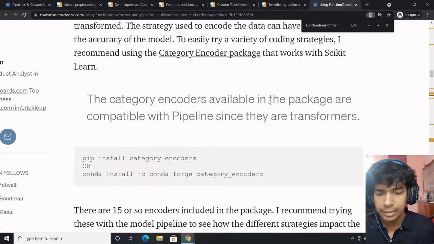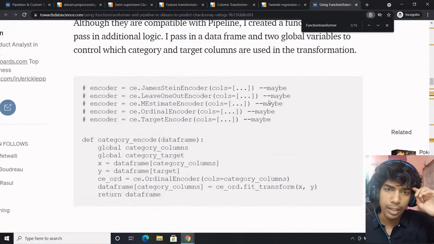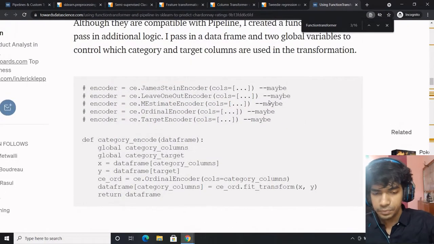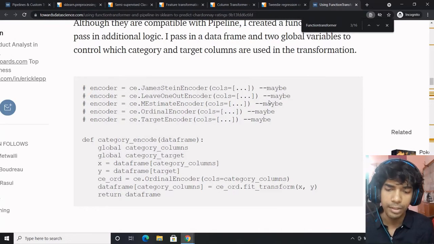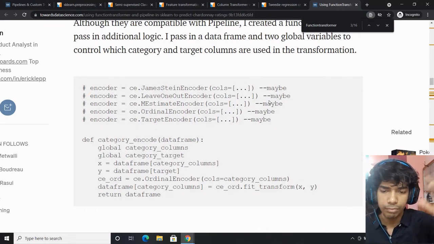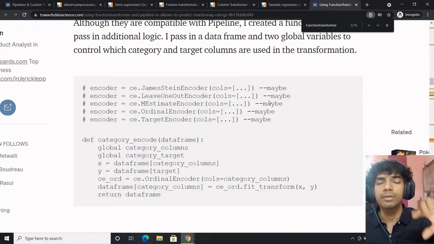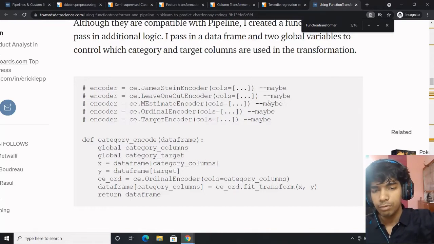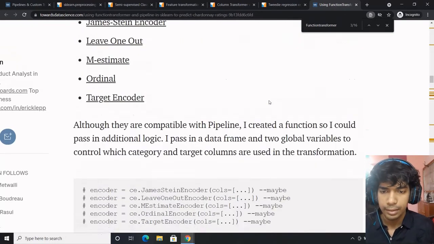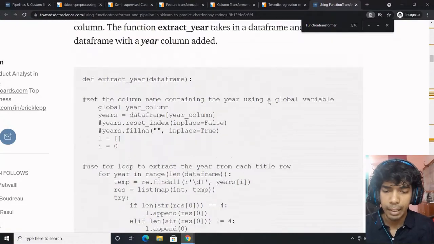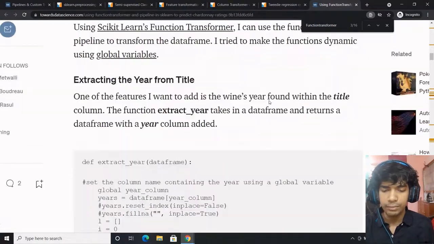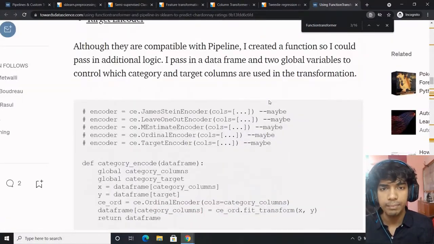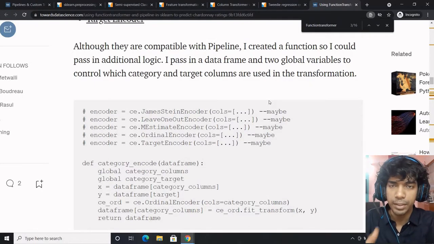So let's say you want to add customizations, you want to have your code clean, and you want to pass it across multiple variables. This is what you're going to do, rather than defining a function and applying it over the columns one by one. Using a pipeline approach always helps: better debugging, cleaner code, faster. Whatever the advantages of pipelining are, if you are comfortable with pipelining but you want to use custom functions, this is the right way to put it.